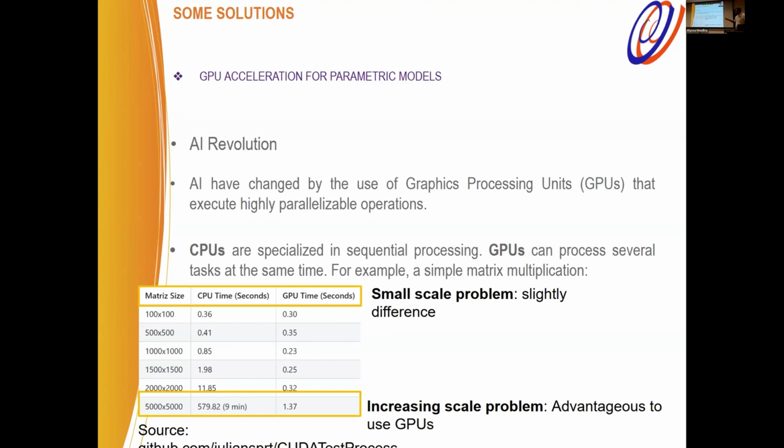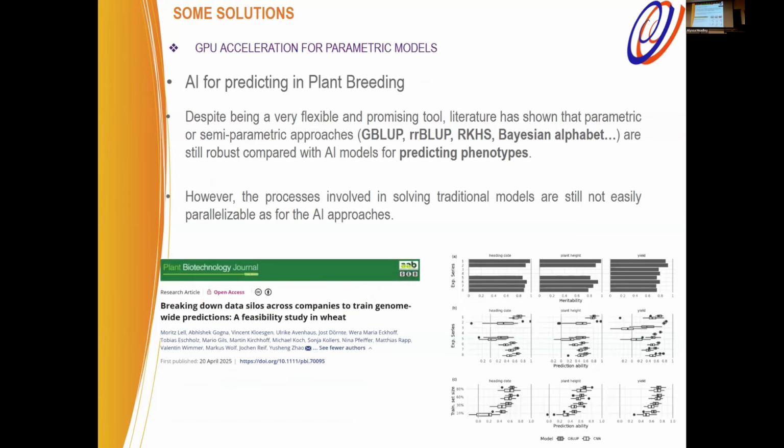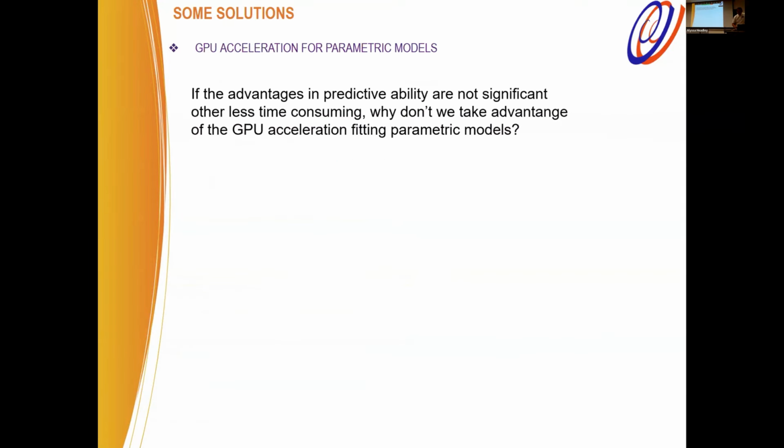And he started talking to me, okay, we have a problem, right? Depending on the scale of the problem, we need specific GPUs or CPUs to deal with that. We have too many data points. It's way easier or more convenient to use a GPU than a CPU. Again, the idea was to use all these advanced developments to take advantage in the implementation of conventional methods like G-BLUP, random regression BLUP, RKHS, the Bayesian alphabet pretty much, and how we can leverage those things for analysis.